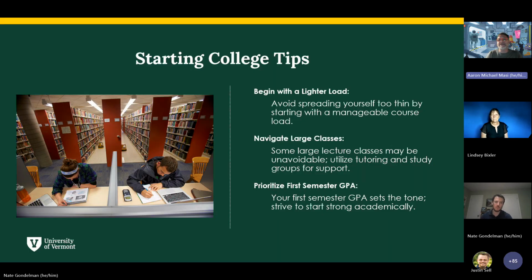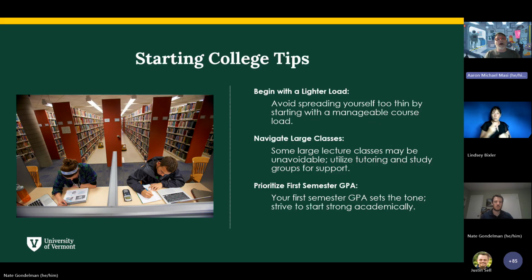Just a few things to think about. Especially in that first semester of college, where that transition can be pretty jarring, consider taking a lighter course load. There's a range for full-time status students between 12 and 18 credits. There's a really big difference between 12 credits and 18 credits. So knowing yourself, knowing the workload that you feel you can handle, and using that range of credits